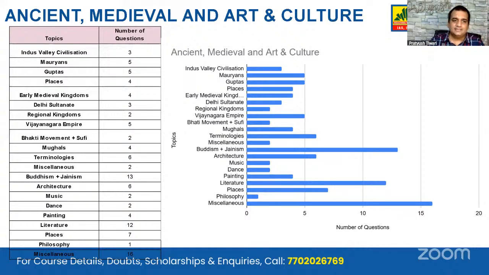Nonetheless, we'll just see the topics of ancient, medieval, and art and culture. Again, guys, this is very well compiled by our own Chaman sir. But guys, if you see the questions here, you'll see Buddhism and Jainism, along with Buddhism, Jainism literature, and miscellaneous questions. Miscellaneous have to be on the higher side, guys, because if there was a fixed pattern, obviously you would ace it. And there is always a surprise element in UPSC's prelims examination. That is why you see miscellaneous have high weightage here. But along with that, you see Buddhism, Jainism, and literature questions.